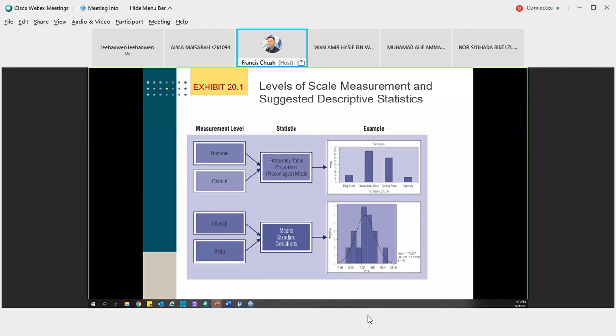Now, you can do inferential statistics where you can find the mean of age for the group of people that you have interviewed. You can find the standard deviation of the age group. Okay, so these are the fundamental things about descriptive statistics that you need to understand at the very minimum,